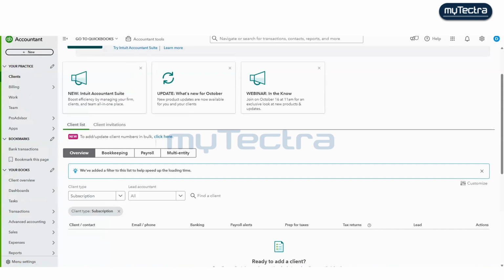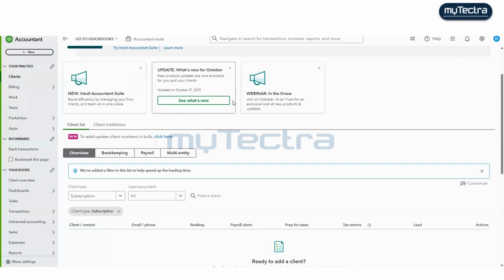Once you sign up, you can create the new client. I think it will allow you to create only one client for the sign up. Once you sign up with your email ID, it will ask you to create the account, meaning create the company, like in Tally we create the company. So we will provide the information.